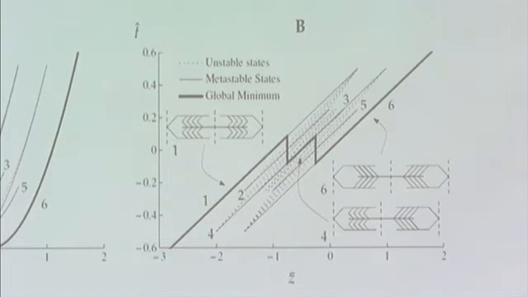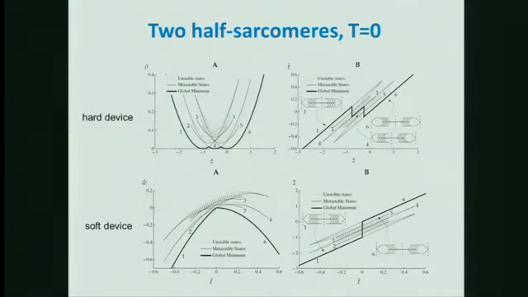For instance, the two neighboring half sarcomeres are not necessarily in the same states. And in fact, it is observed in this muscle system that those M lines are often displaced from the expected positions,